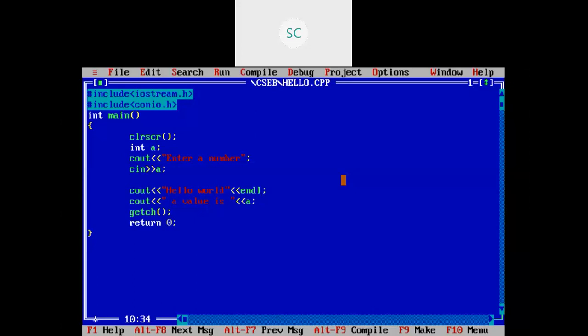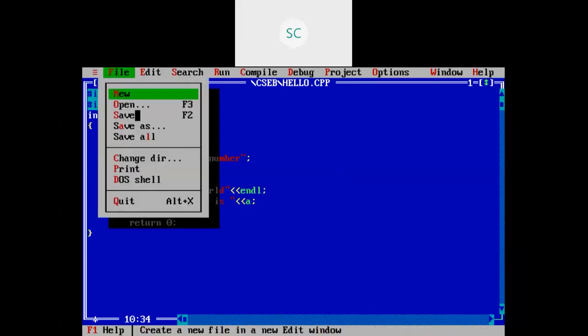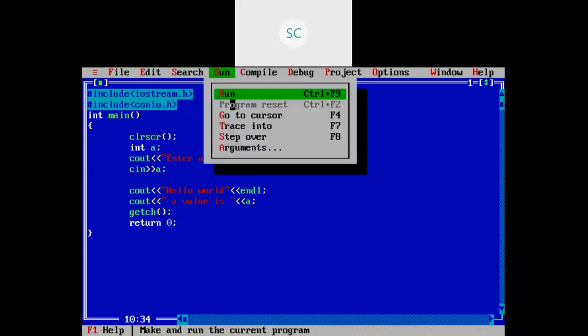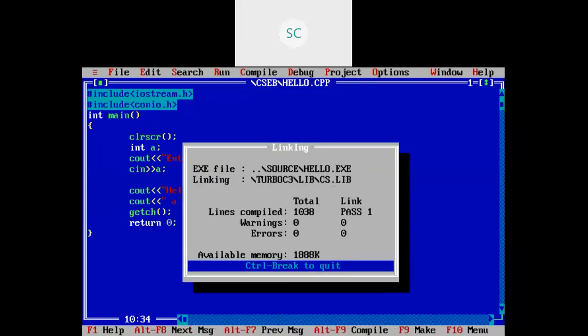Now I'm saving this file and running it once again. If I enter some number, you can see hello world is printed in one line, and in the next line a value is 10. In this way you can print your data in the output.